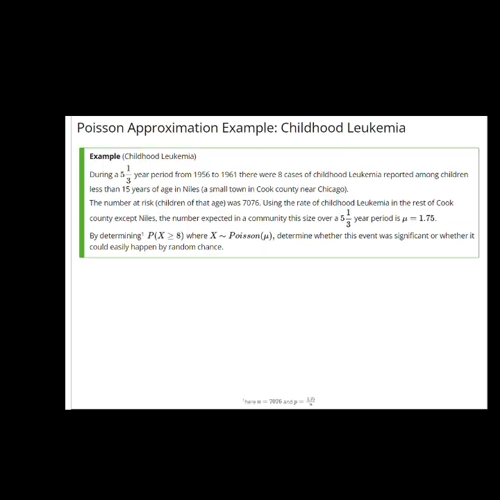Here's an example involving the incidence of childhood leukemia in a town in Illinois. It was observed during a 5 1/3 year period, from 56 to 61, in a small town called Niles, Illinois, a town in Cook County near Chicago, that there seemed to be a higher incidence of childhood leukemia. Indeed, there were 7,076 children of appropriate age that were at risk, and there were 8 cases reported over this